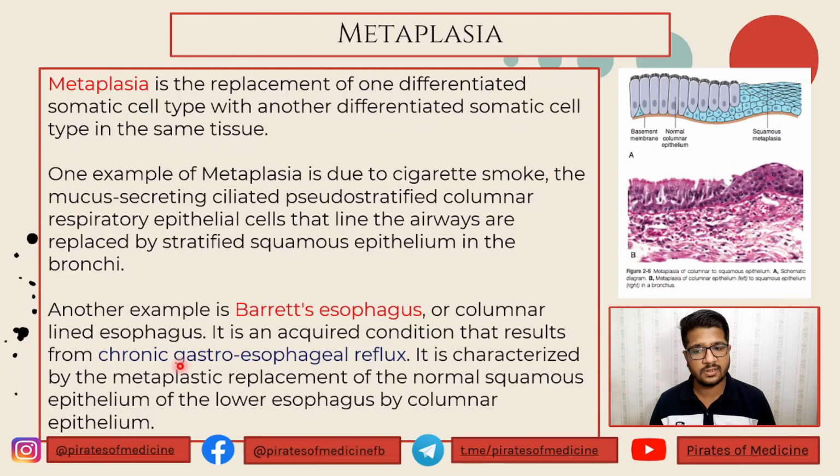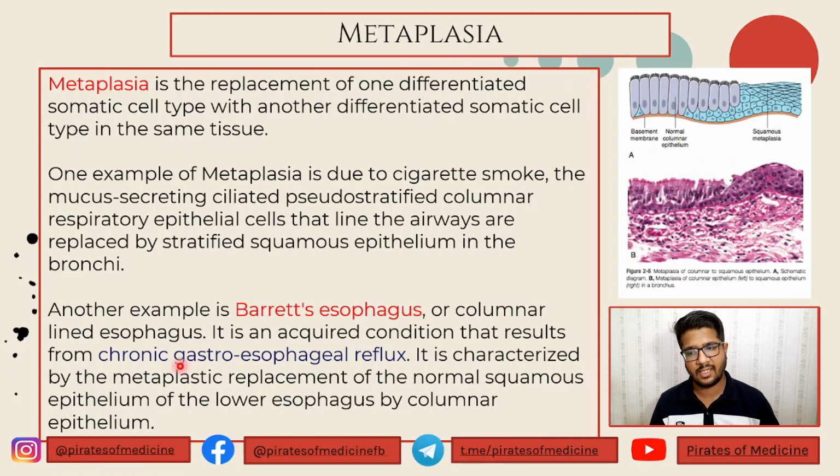Gray's Anatomy calls it gastric hyperplasia, but Bailey's Love Surgery and Robinson's call it intestinal metaplasia. So I hope you understand that metaplasia is basically the changing of one cell type into another due to reprogramming of the stem cells. This is basically done to protect that tissue from this stress.